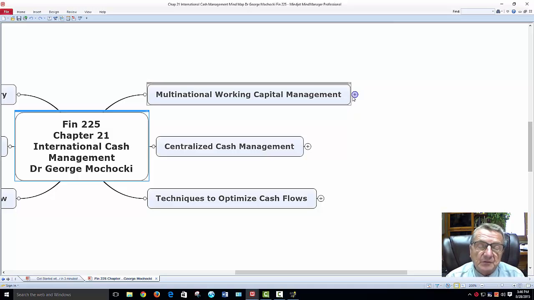This will be a good tool for studying for the final exam or your final presentation, which is going to be opening up a subsidiary through the eyes of an MMC parent. This whole book, the whole chapter, this is how the author presented it, but you could utilize it for a small company. I mean, the hedging, the forward contracts, all that could be accomplished. You don't have to be a multinational. It just makes it easier this way because you see the more complex side of an MMC parent. Once it starts growing globally, it has more subsidiaries, and how much control do I want, how much trust do I put in them?